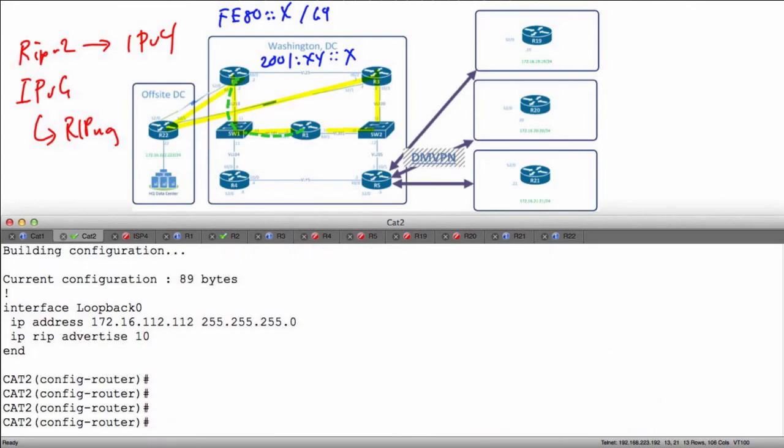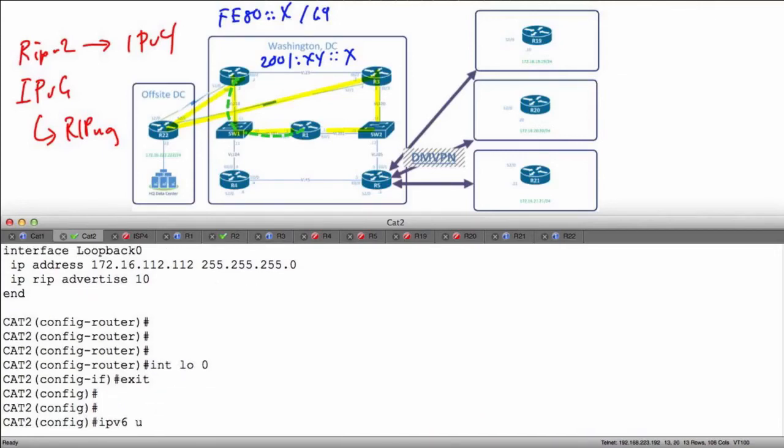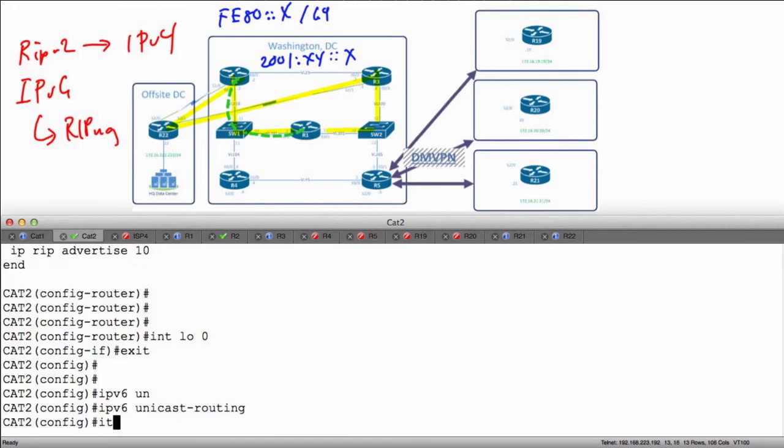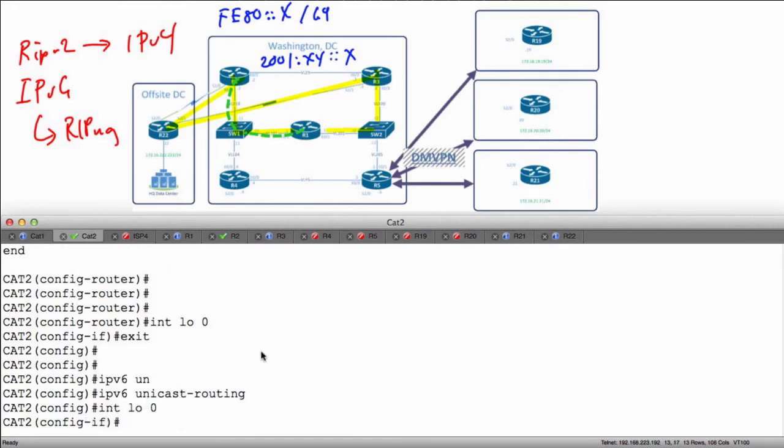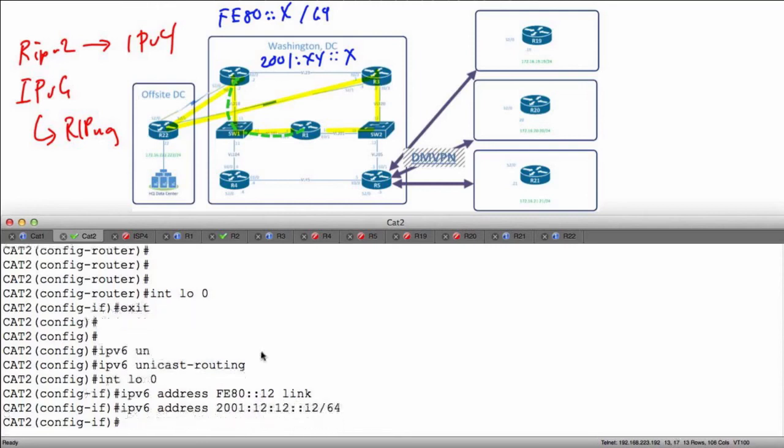So right now I need to go to interface LO0. Well, actually, first thing I need to do is say IPv6 unicast routing, interface LO0. And then what I need to do in here is say IPv6 address FE80::12 link local. IPv6 address 2001:12:12:12/64. Now what we want to do is configure the two interfaces that we have facing R3